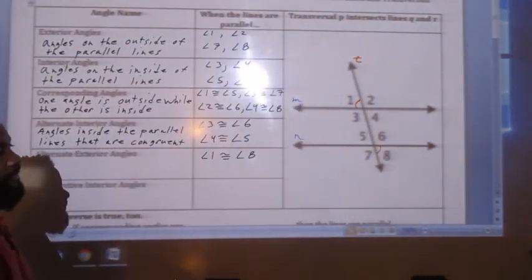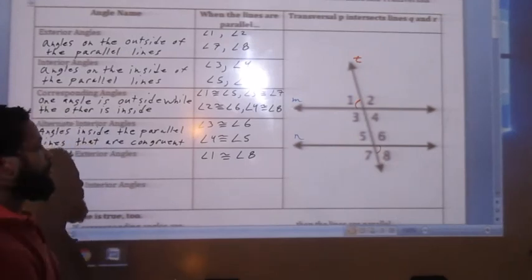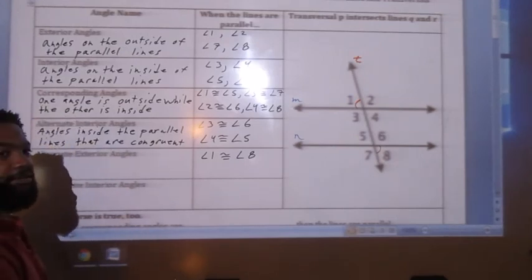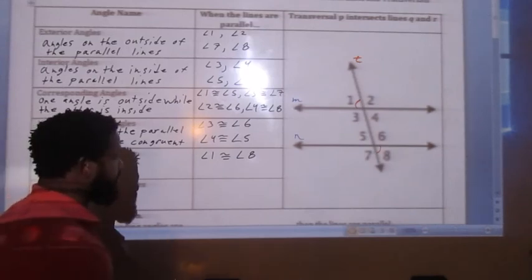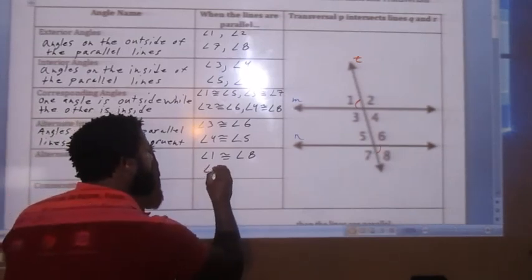All right. What's the other alternate exterior angle? 2 and 7. There you go. Angle 2 is congruent